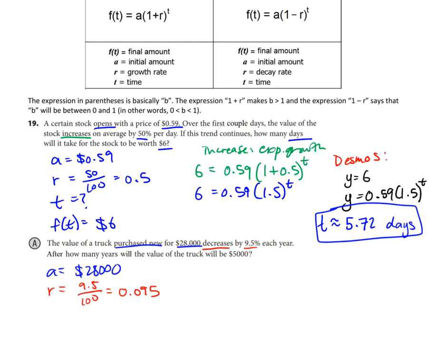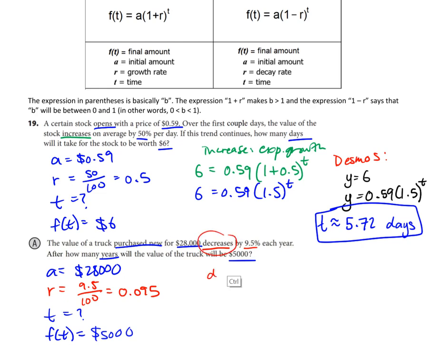Okay, our goal is to figure out, well, how many years will it take? So we don't know time, which is in years. How many years will it take will the value of the truck be worth $5,000? Okay, so that's going to be our output. That's what we're trying to figure out, our final amount. When does it reach $5,000 after decreasing in value so much? Okay, so what we have,